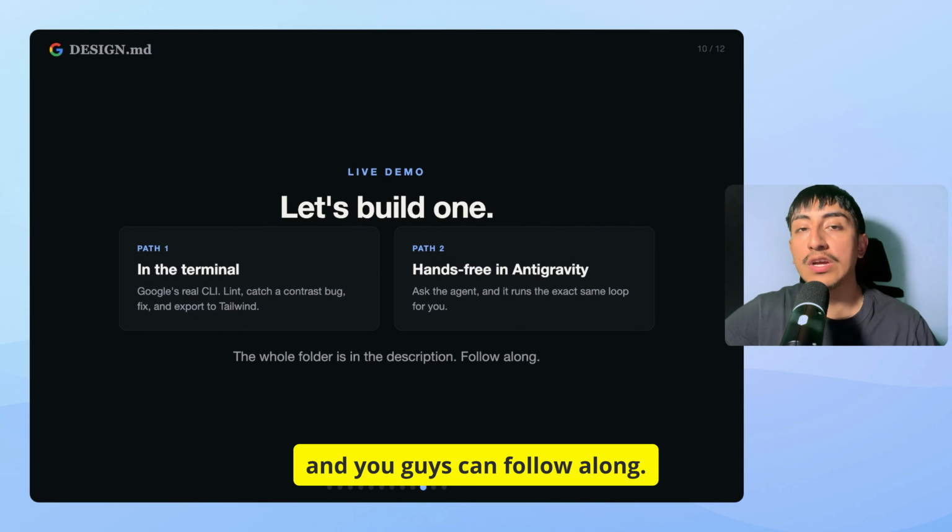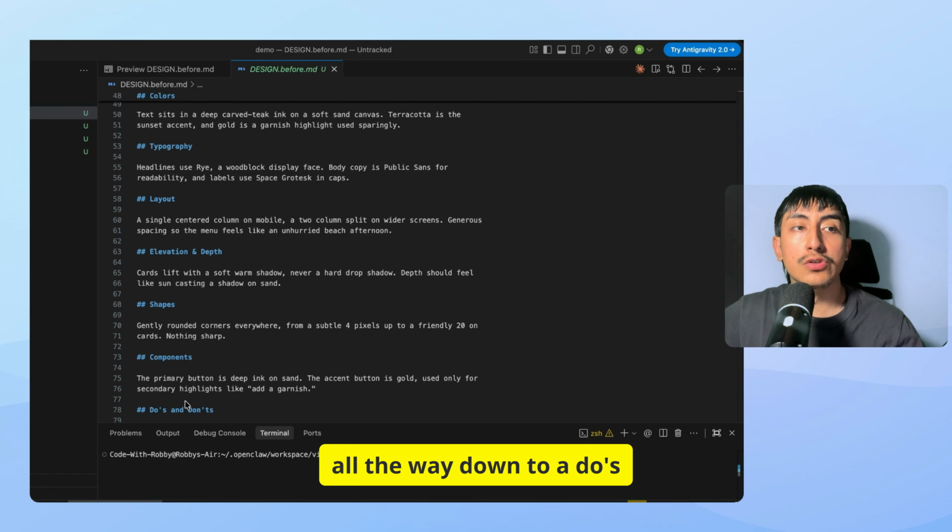Alright guys, so here I am in Anti-Gravity and I'm going to be showing you my design system, which is just one design markdown file, and it's for a tiki bar brand called Tom's Tiki Drinks, which is Google's own official example. So up top here are the tokens, the colors, the types, and the components. And below that we have the same design but in plain English, all the way down to a do's and